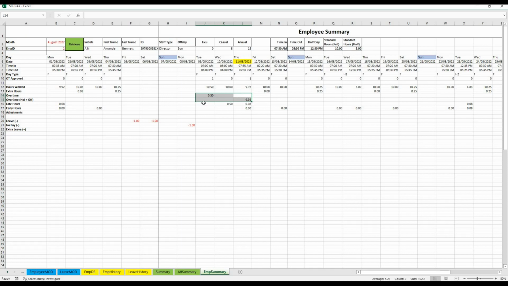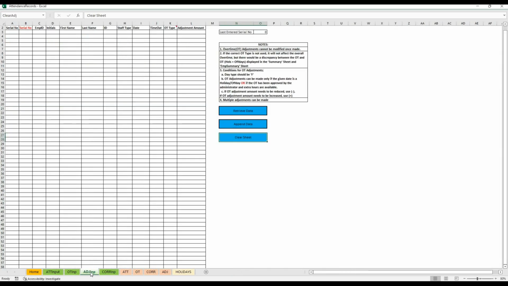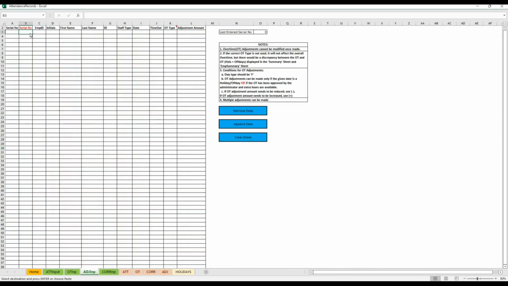If you were to make changes to these overtimes, basically if you were to assume that his holiday is not considered overtime, working on a holiday, you could go to the adjustment sheet down here. So let's copy back the adjustments, retrieve the data, and let's say,